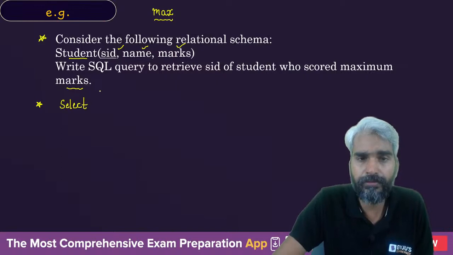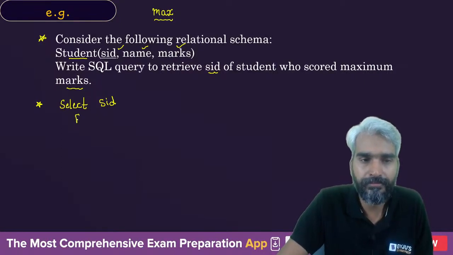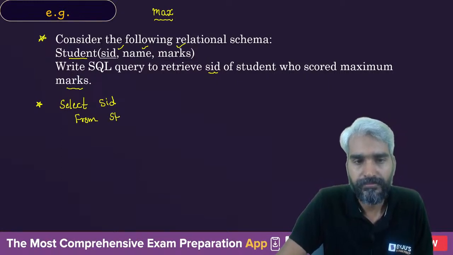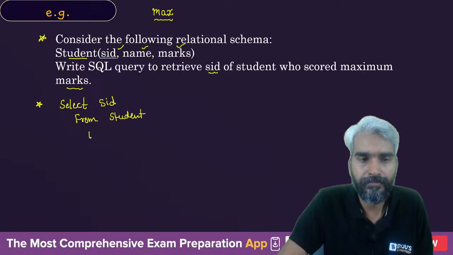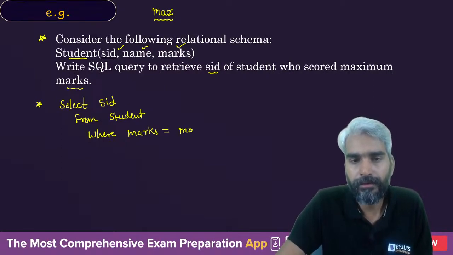So what do we need to project? We need to project the SID. So select SID from where? From the relation student, where marks of that student are actually equal to the maximum